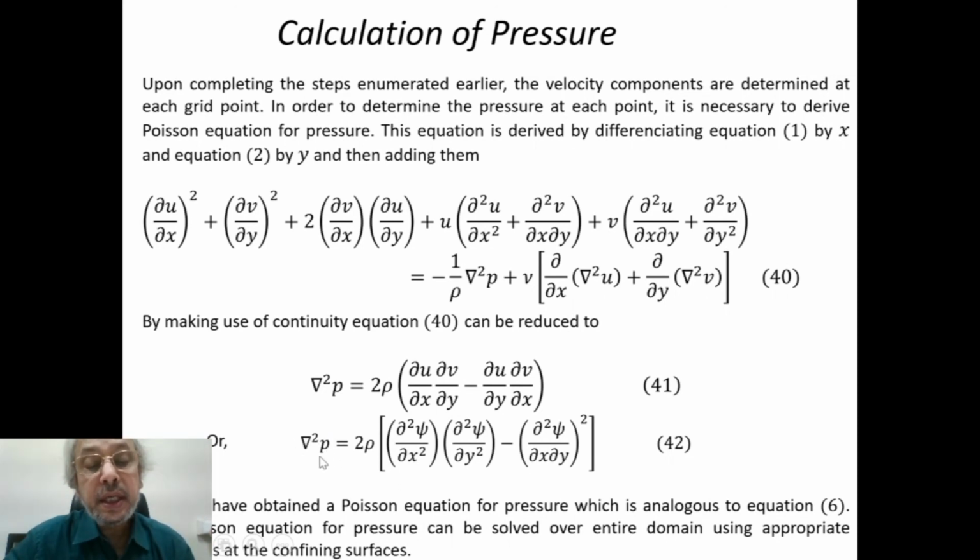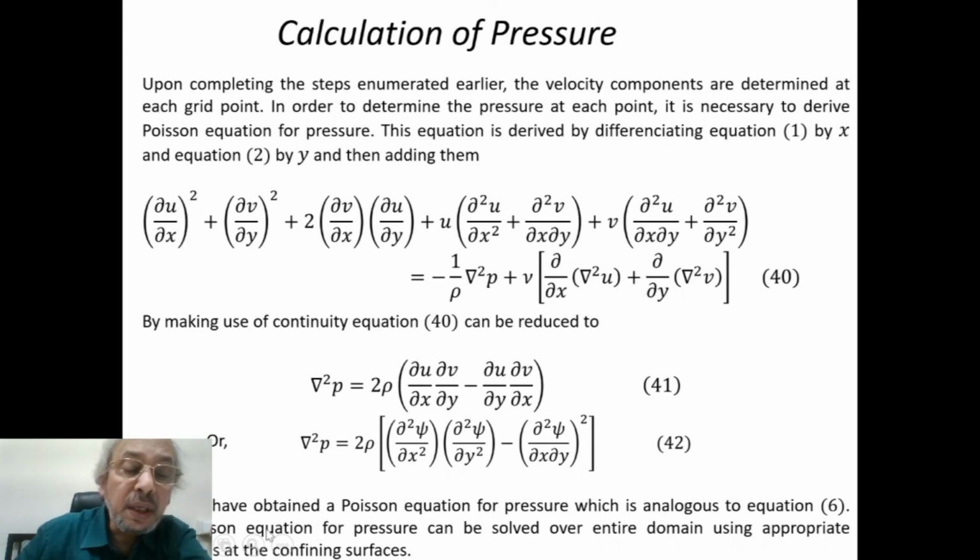From here, this unknown pressure, if you discretize it in the x direction and y direction through central differencing, and the right hand side is known, and then you run from I equal to 1 to I max, but effectively I equal to 2 to I max minus 1, and j equal to 1 to j max, then you will get basically a pentadiagonal matrix, and you can solve that matrix.